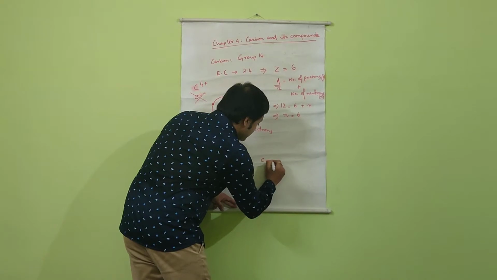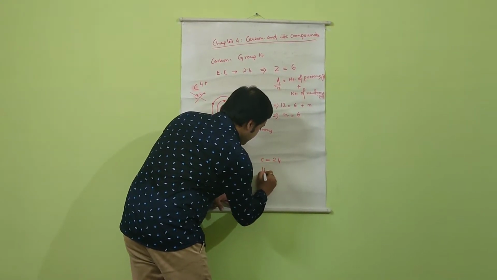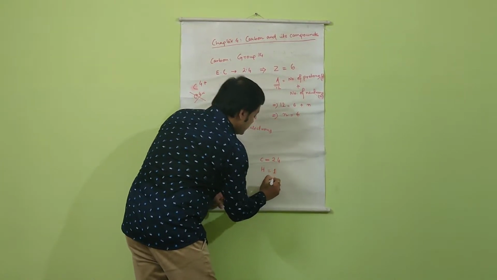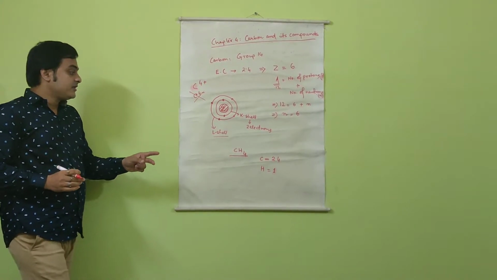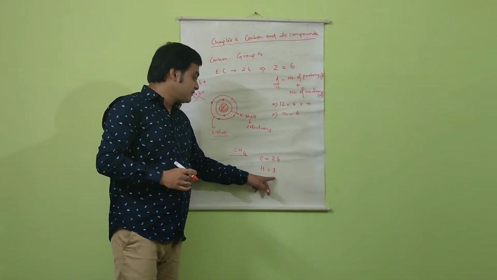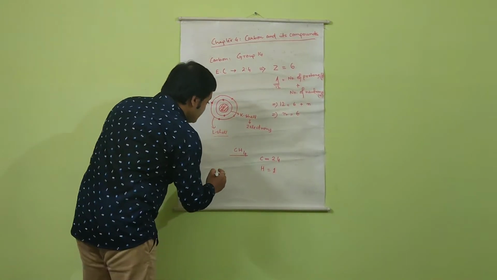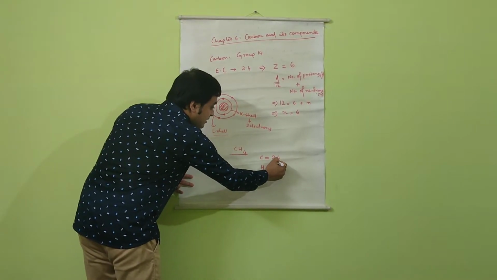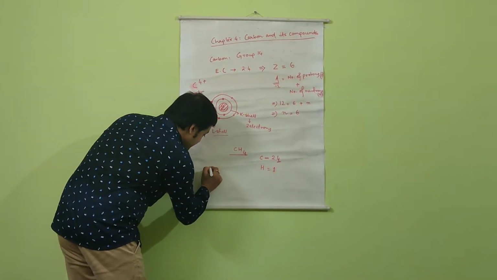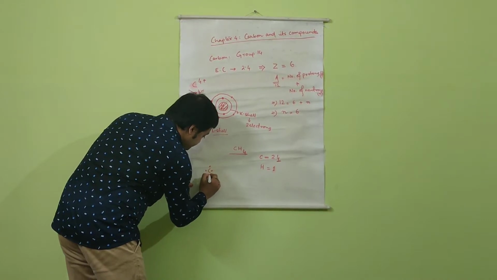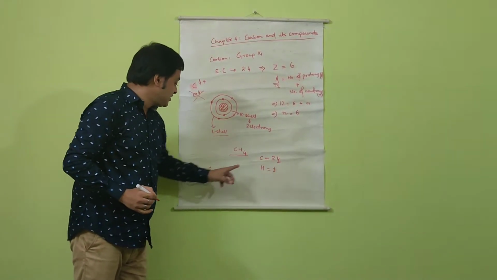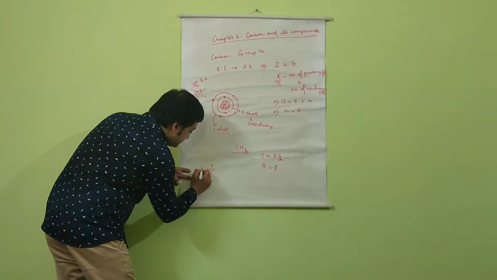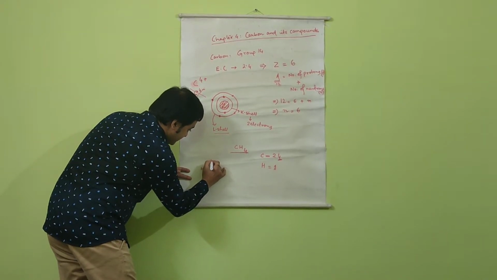Carbon, its electronic configuration is 2,4, and for hydrogen we know it is 1. So the doublet configuration is also stable, because helium is also an inert gas which has a doublet configuration. So let us write the Lewis dot structure, and we are concerned with the outermost shell. The outermost shell electrons are represented with the help of a cross, and the hydrogen atom electron is represented with the help of a dot.